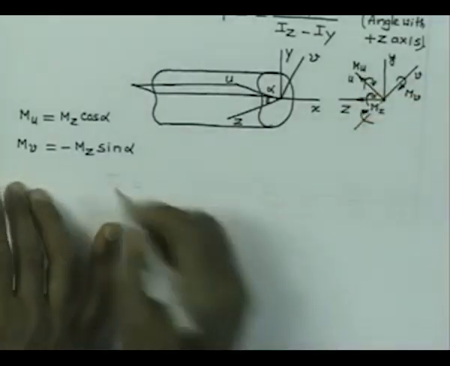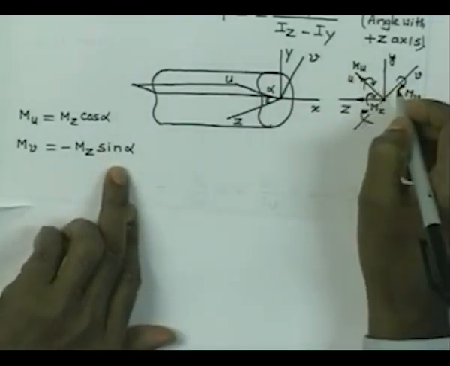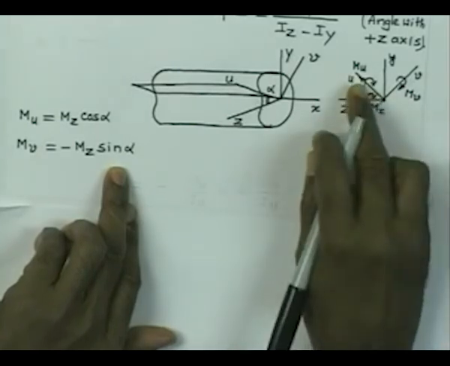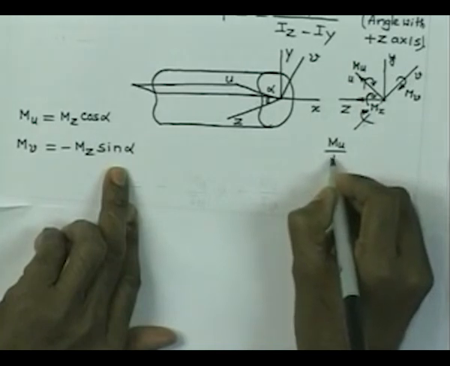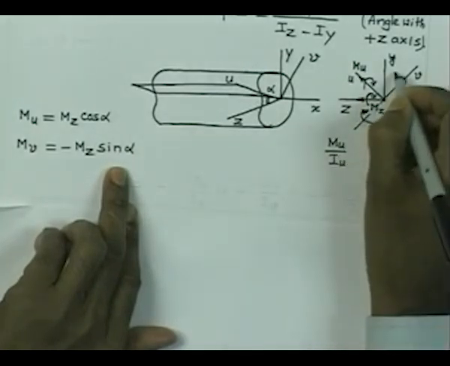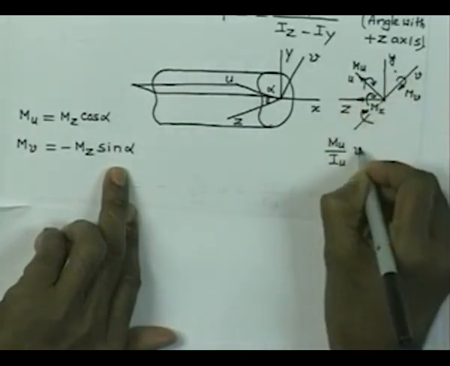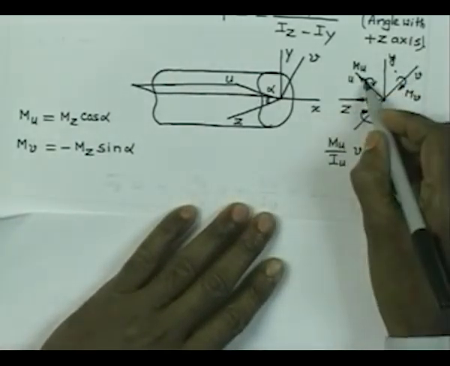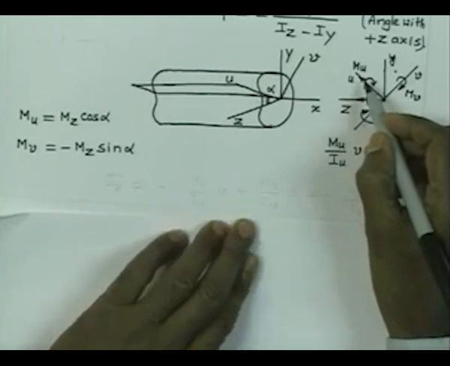Now, I think we can even straightaway write, let me continue on this point, on this cross section once more. See that here, if I now get back to this cross section again, I have Mu acting. So, Mu is going to give me stresses, which is going to be given by Mu divided by Iu multiplied by the distance of a point in terms of v, that gives us the stresses. Please see this, that your Mu is the moment, and therefore, my formula would be